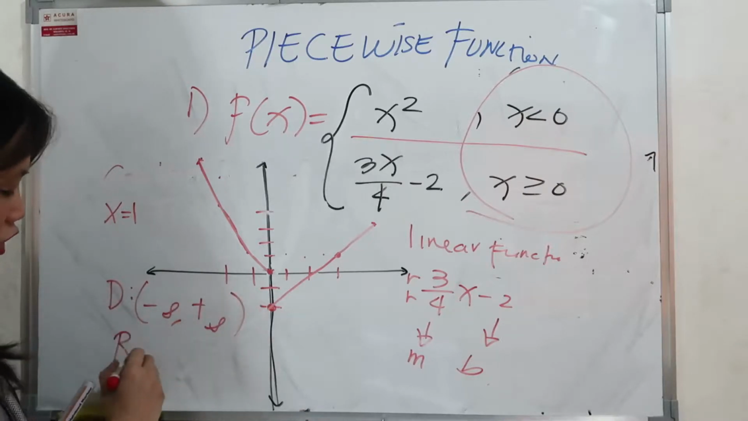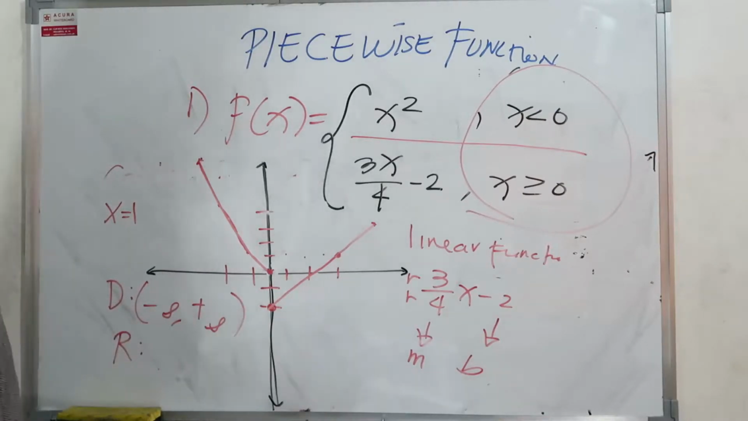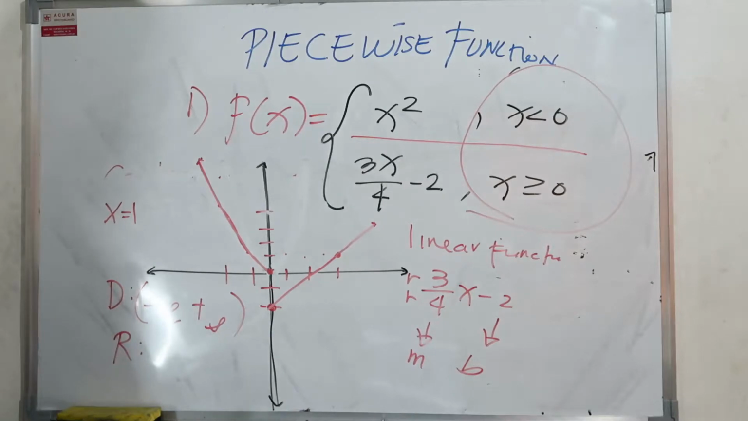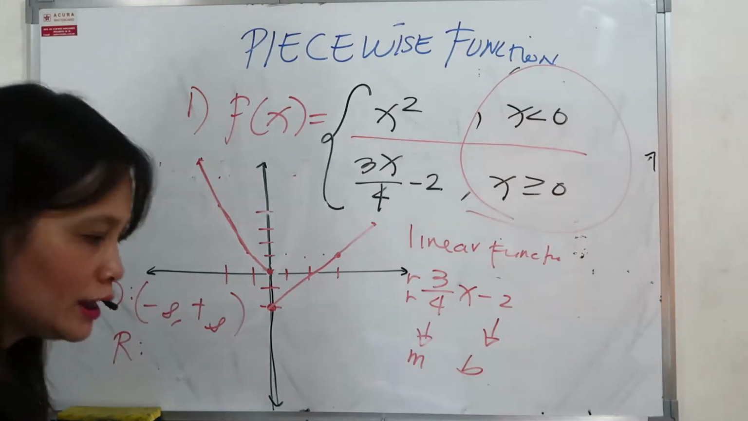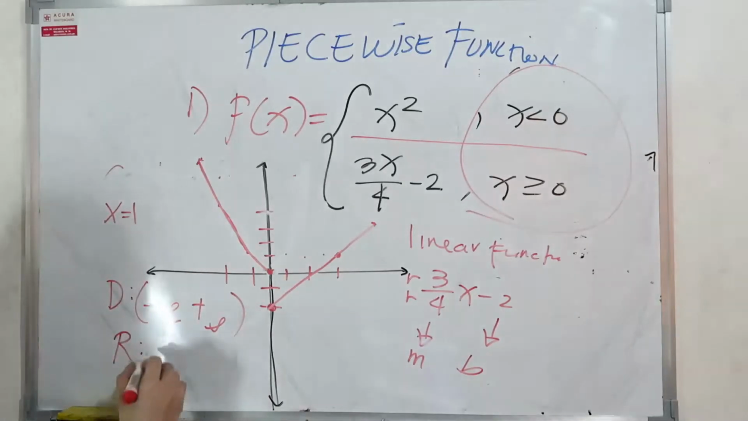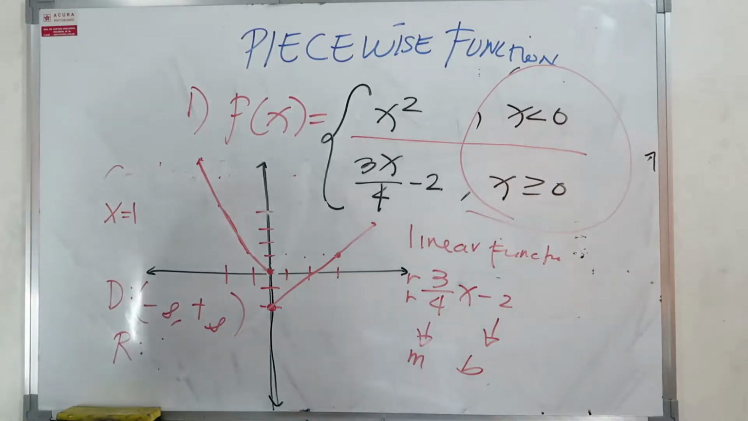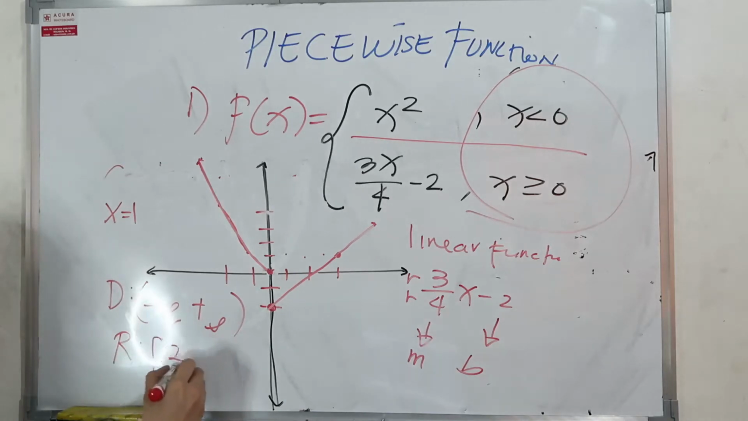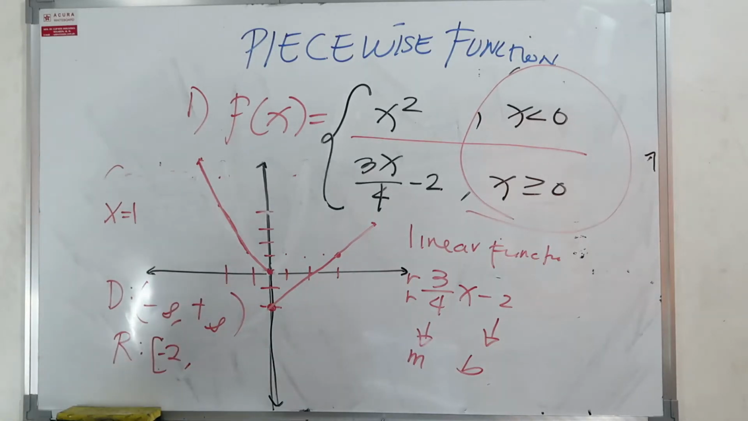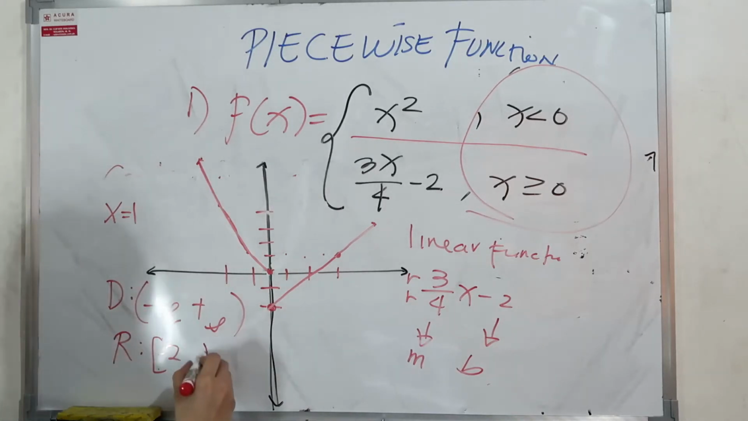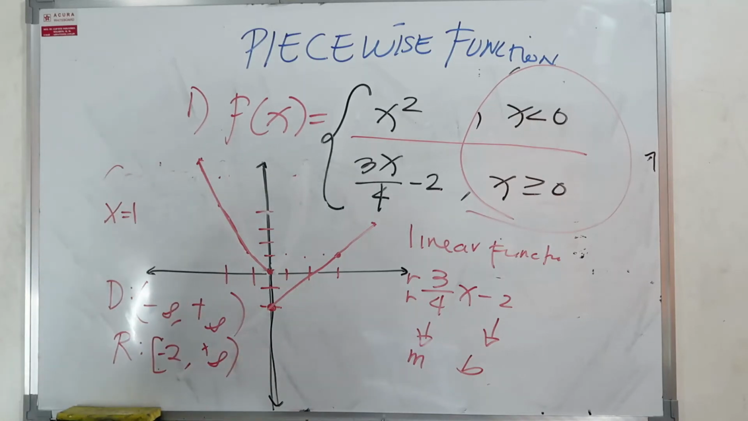What about the range? What is the minimum point of the y value? Okay, negative 2. Is it included or not? It's included. Negative 2, going where? Okay, positive infinity. That's it. That's the range. So negative 2 to positive infinity. Okay, so we will continue our